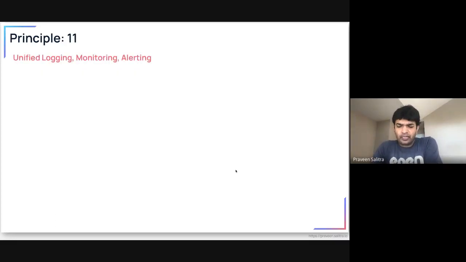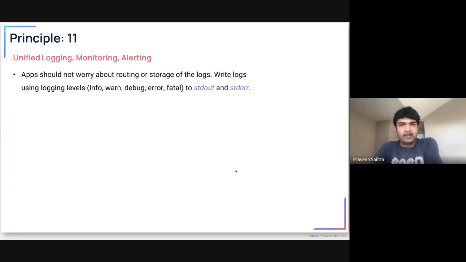Another thing: when you are working on a distributed platform and something goes wrong, you want to check the logs, right? But who will write to the logs? Of course, your apps should be writing to the logs. In the traditional days, it was the responsibility of the developers of the apps to figure out how and where to store the logs alongside the app. Today, in the cloud native world, app developers should not be worried about where their logs are stored, how to recycle them, or how to route them to some third-party service.